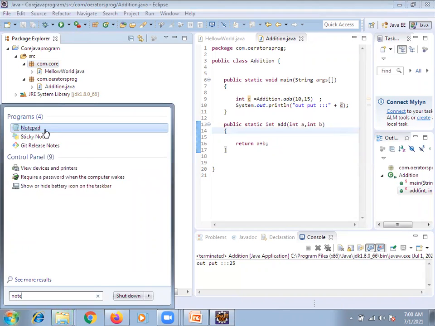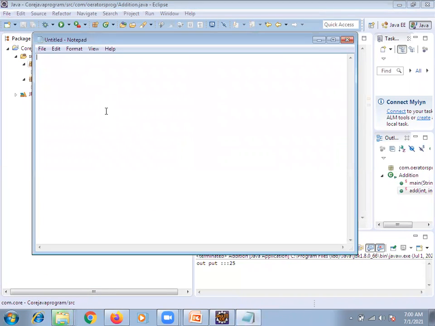Now you can see. I will let you know that in an advanced program. Suppose my company name is TCS. So I will start my package like com dot TCS, the organization name, dot the project, which is related to Silicon Valley Bank. Let us assume SVB or ICICI Bank.